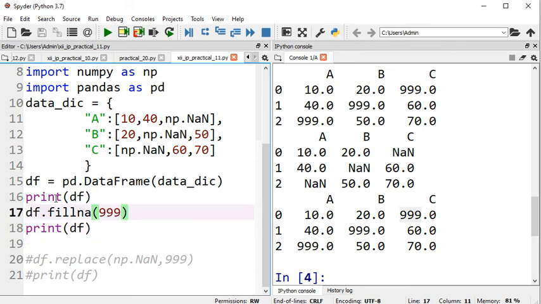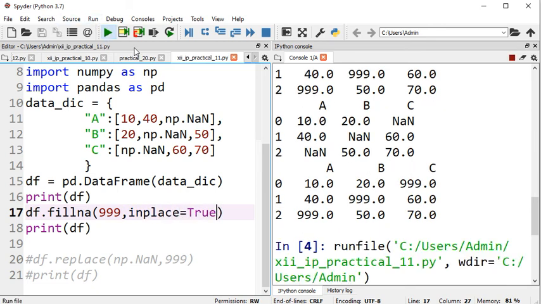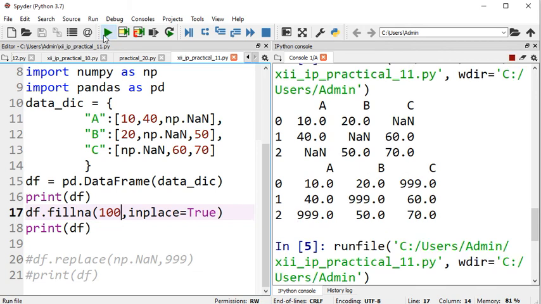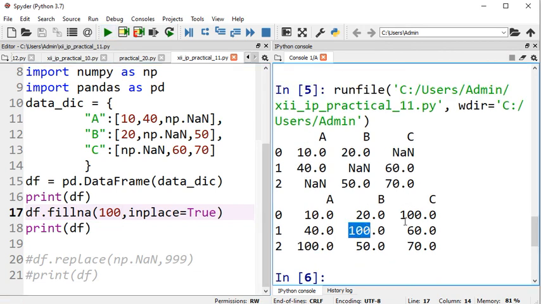You need to pass inplace=True here. If you want to change the original data frame itself, pass this, and notice the original data frame is changed this time. It will no longer have the NaN values, they are replaced by 999. If you want to replace with 100, it works that way too, whatever value you pass will be used. In the practical it is specified as 999, that's why I have taken it.